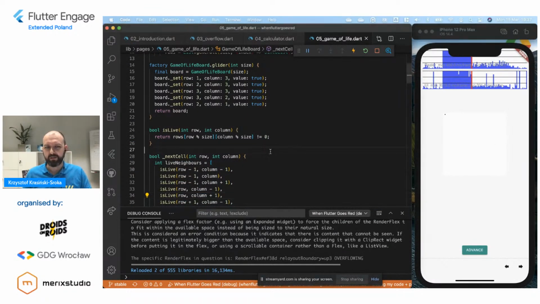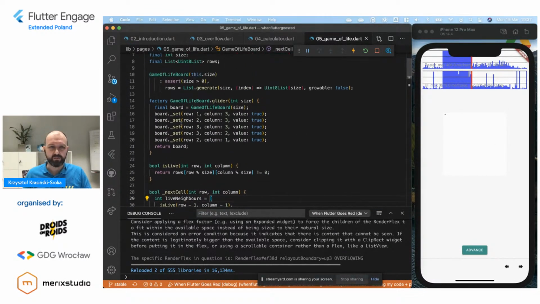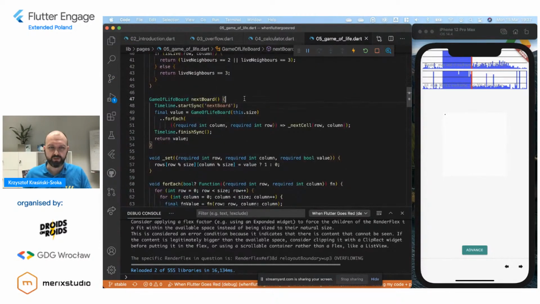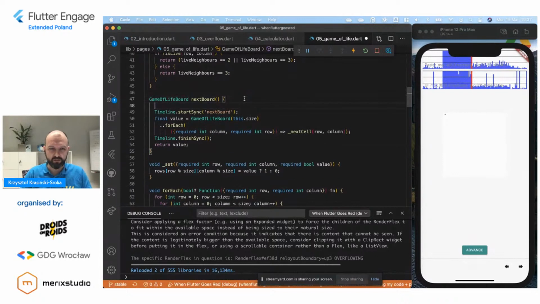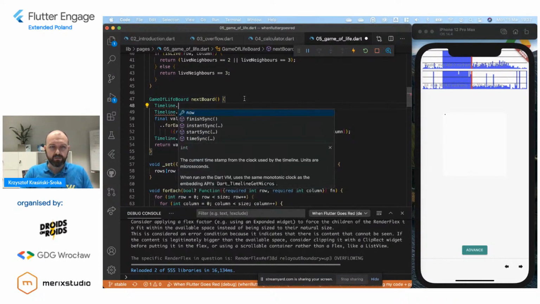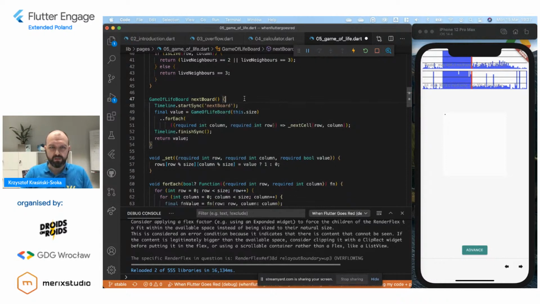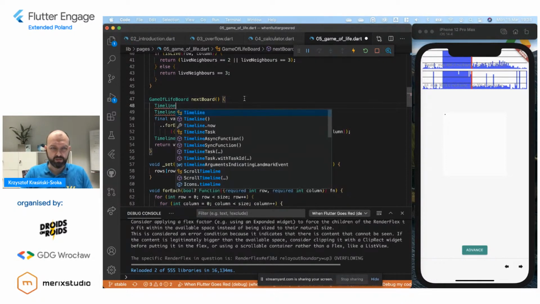So I'll get back to it in the end when we have some more time to debug this, but timeline is also useful when we try to start asynchronous functions.